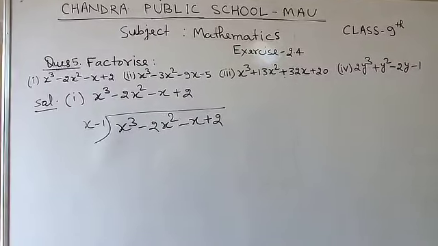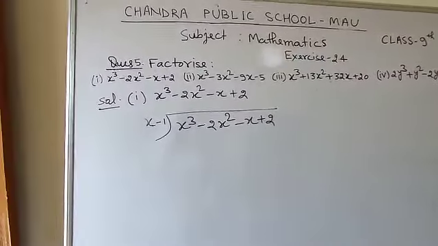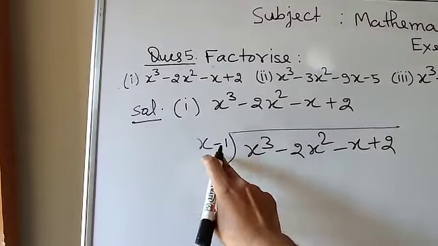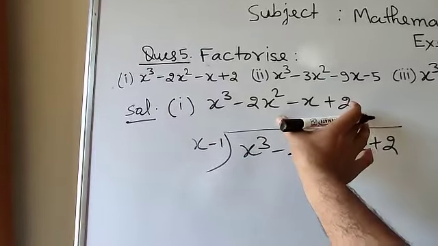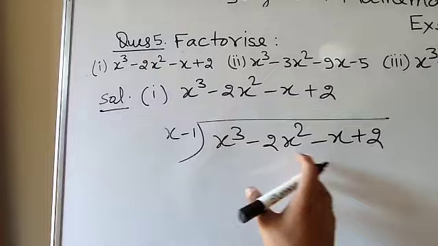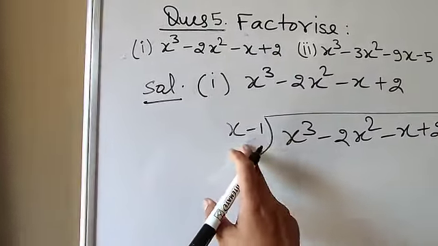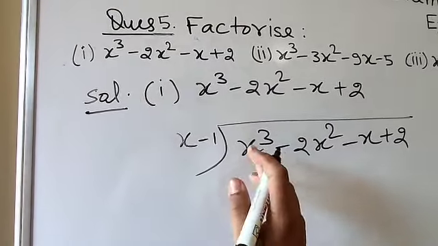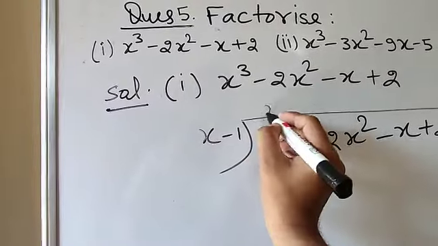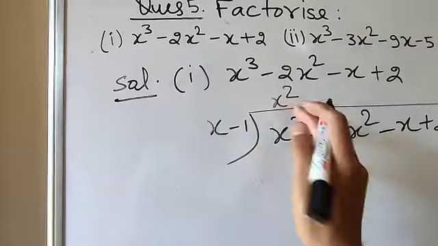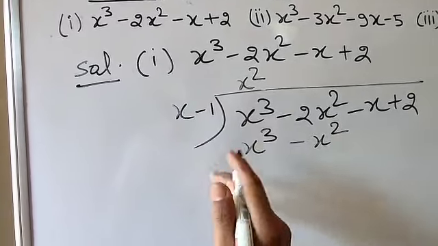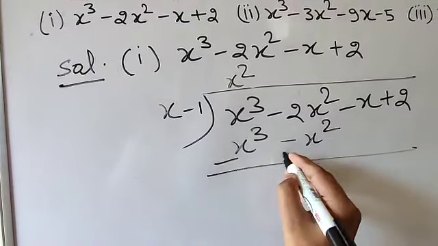Now if you get x minus 1 as a factor, then divide the given polynomial by that factor. So here I got that x minus 1 was the factor. So whatever the polynomial is given there, that should be divided by that factor x minus 1. So here you need to go for the division. So if you divide x into x cube, if you multiply x by x square, then you will get x cube. So here you will write x square. So x into x square, x cube, minus 1 into x square, minus x square. Now subtract it, minus, and it will be plus.